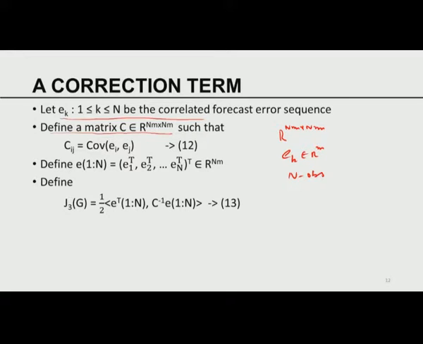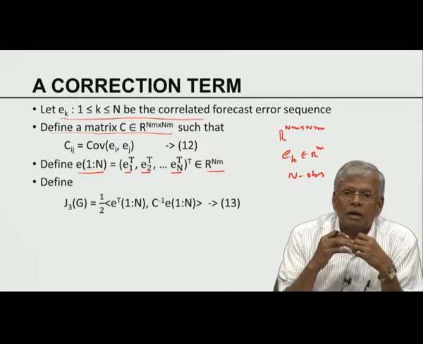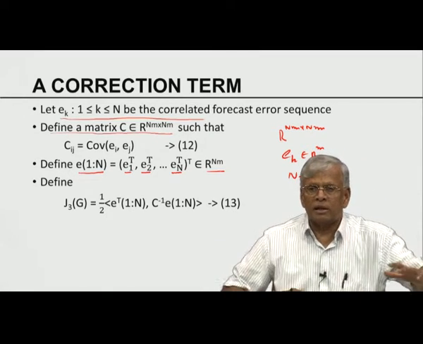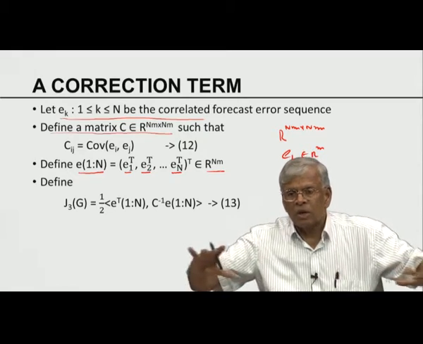If I consider all the observations together as a gigantic vector, the set of all forecast errors from time 1 to N, I am sticking them all together to get a gigantic vector in RNM. If I have a vector in RNM, its covariance must be RNM times RNM. So C represents a gigantic matrix that represents the serial correlation between all the